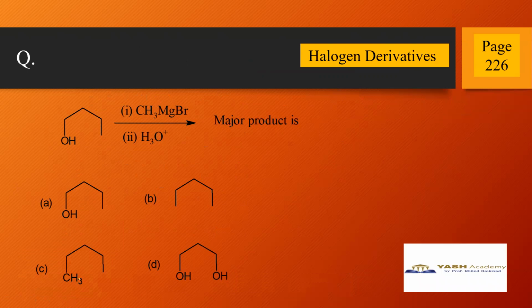Next question, very challenging question from halogen derivatives on page 226, that is from Grignard reagent. You are given this reactant and reagents are methyl magnesium bromide, first step, and second step is hydrolysis, and you have to find out the major product of the reaction. Here 4 options are given. आता प्रॉब्लेम असा आहे की हे स्ट्रक्चर इथं दिसतंय, त्यामुळे काय नेमकं आहे यातलं कुठलं करेक्ट आन्सर ऑप्शन आहे तुमच्या